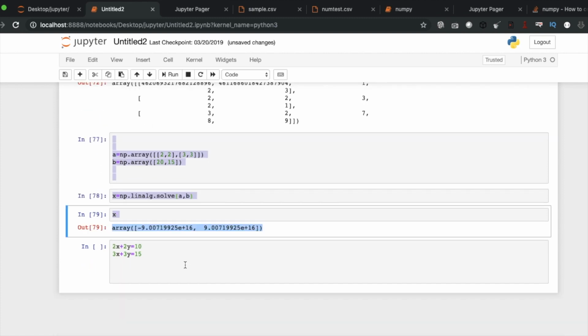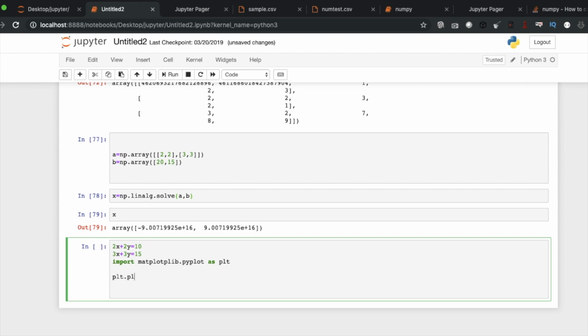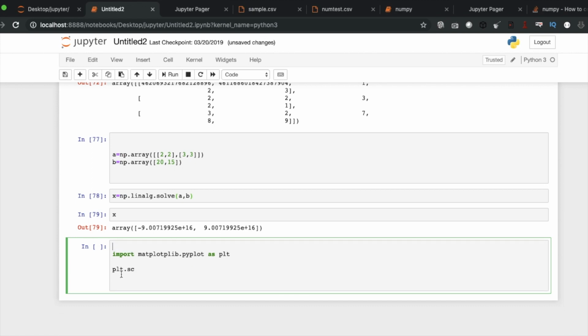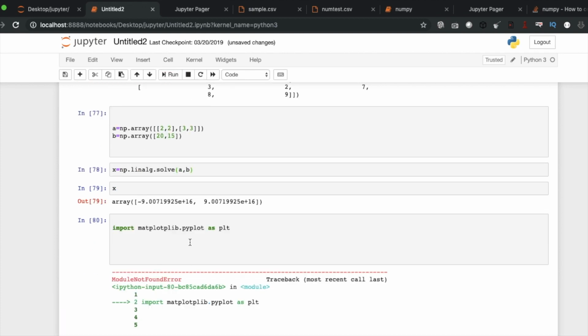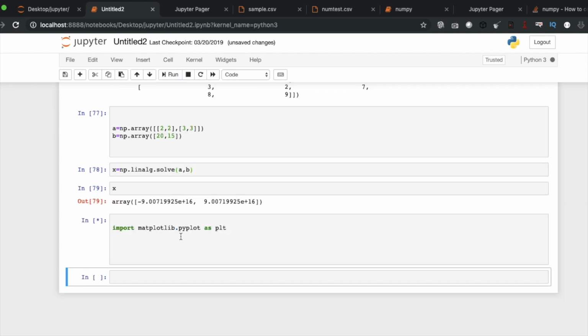You can plot some graphs, like import matplotlib.pyplot as plt. There's some typo.